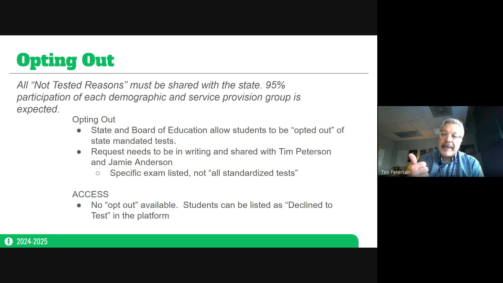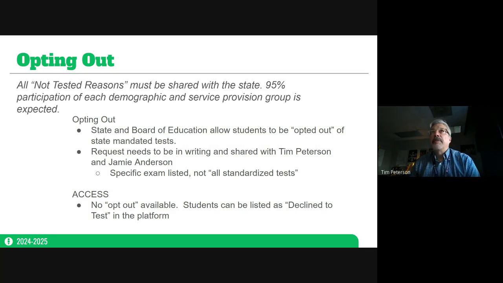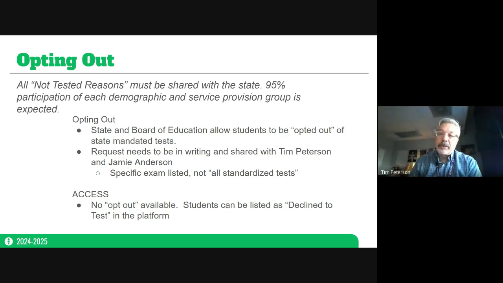An email counts. A handwritten note counts. I don't want to get in the habit of, and I won't really accept except on rare occasions, text messages and screenshots. We need to make sure that this is actually from an adult saying they don't want their child to test.